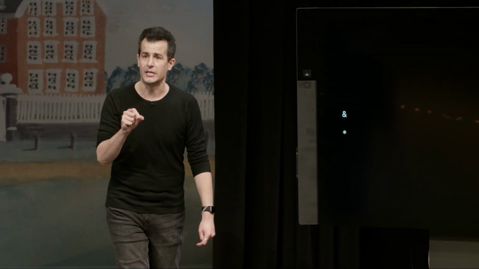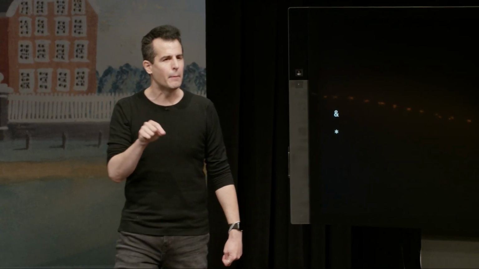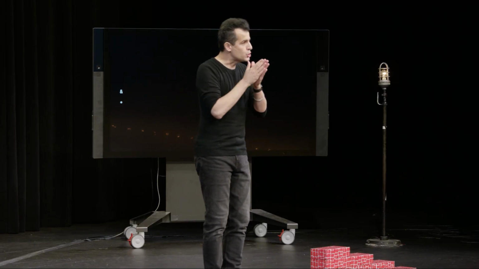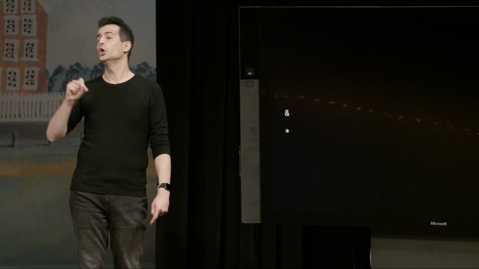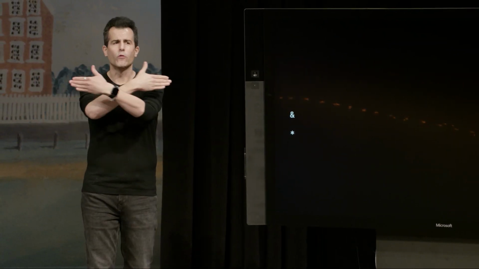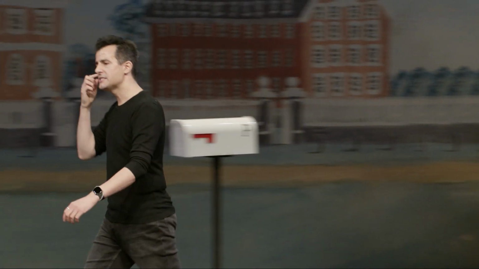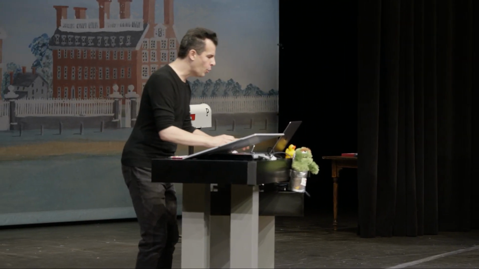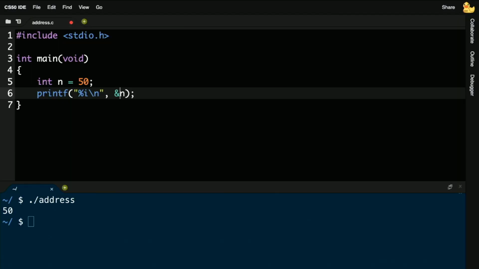When you use this asterisk, you can actually tell your program to look inside of a particular memory address. So the ampersand tells you what address a variable is at. The star operator, otherwise known as the dereference operator, means go to the following address. So they sort of are reverse operations. One figures out the address, one goes to the address. And so let's see this for real here. Let me go ahead and change my n in my program here to ampersand n. So I want to print out not the number in n, but the address of n.